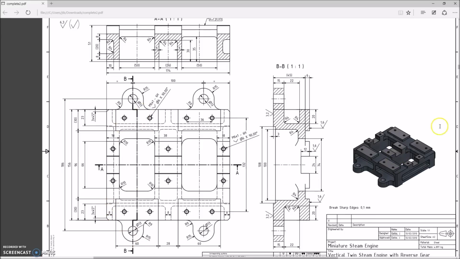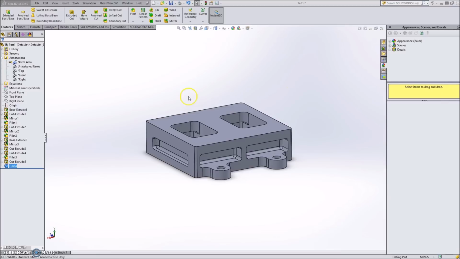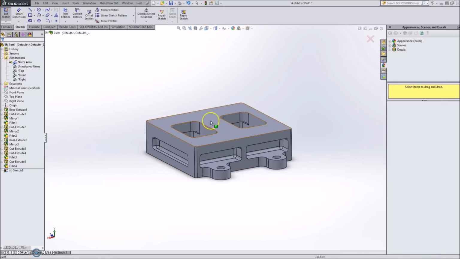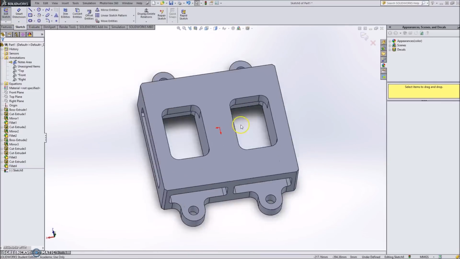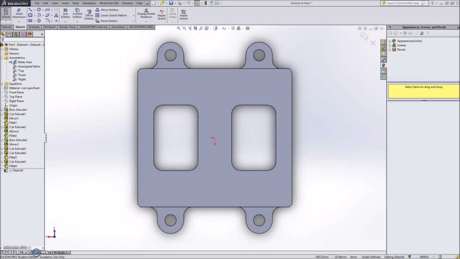We can see that each one of these tabs here are 60 millimeters wide, separated by 28 millimeters in between, as is for the other side. This is symmetrical. And then we see that these tabs from the edge of one to the edge of the other are 66 millimeters wide. And the only other piece of information that we need is the fact that this deeper cut through the middle is 24 millimeters wide. So with that information, let's go ahead and get into a drawing on the top plane,